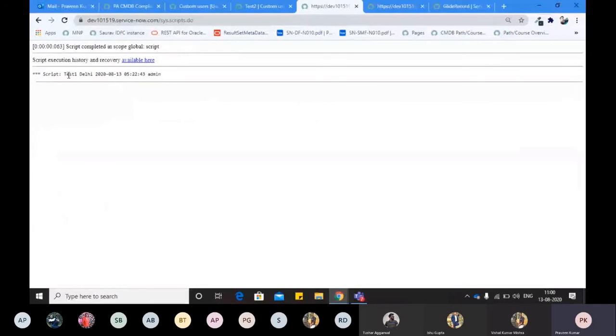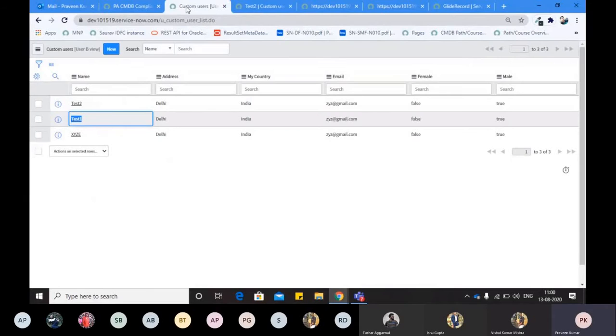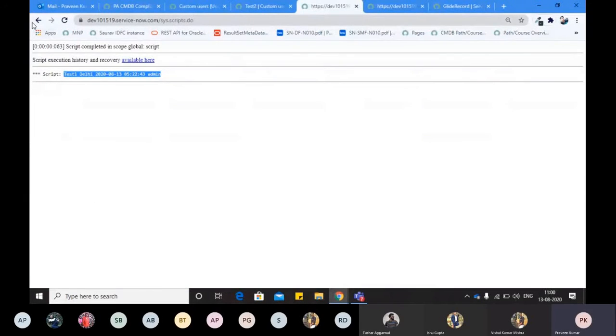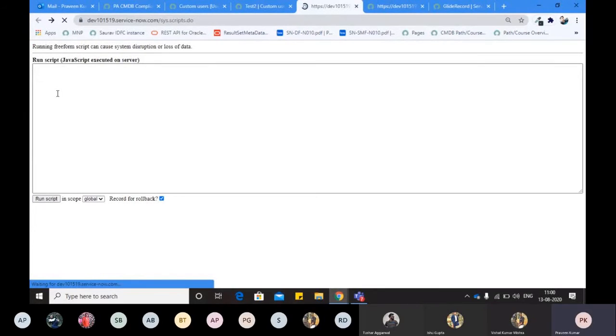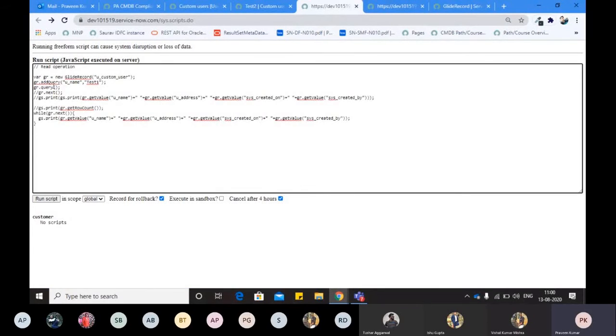Right, so even in the while you are having one record because your filter works here, and your filter only fetches the results which are fulfilling this particular criteria, that name should be test1. So this is the way we can run the filters as well using the add query function.